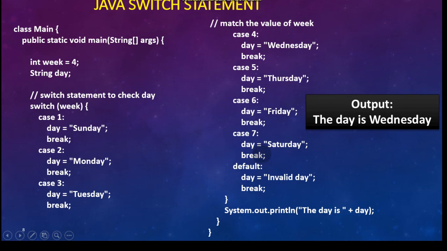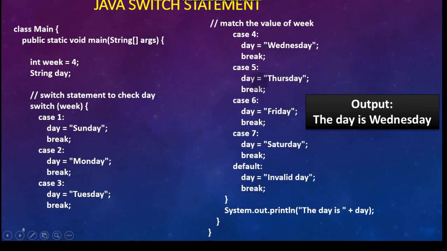Dear students, here from 1 to 7 we have given the conditions, and according to the condition the answer should be printed. What if I input 8? What if I input 9, 10, 11, 12, which I have not used in the program? If any other number is not programmed, then what should it print? It has to print something on the output terminal, that is default. Default means whatever other number you input, it should tell you that it is an invalid day, and break.